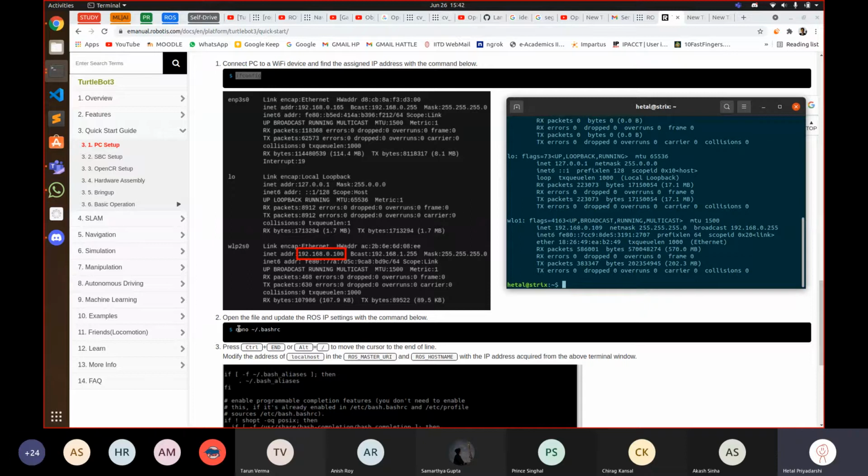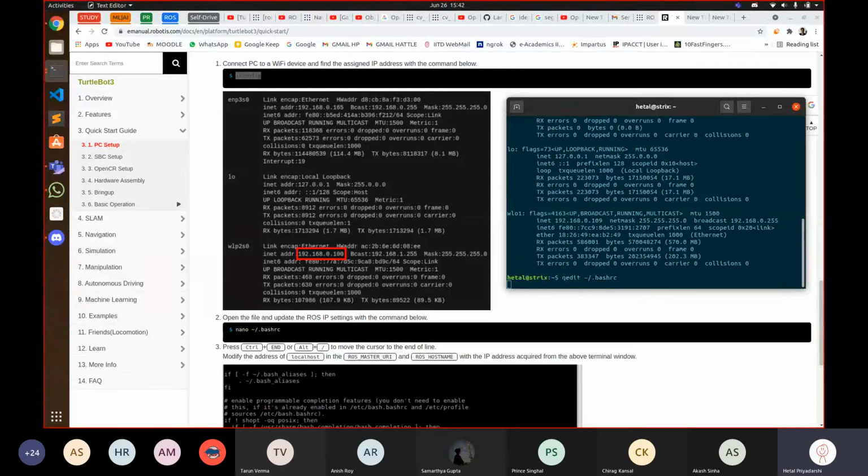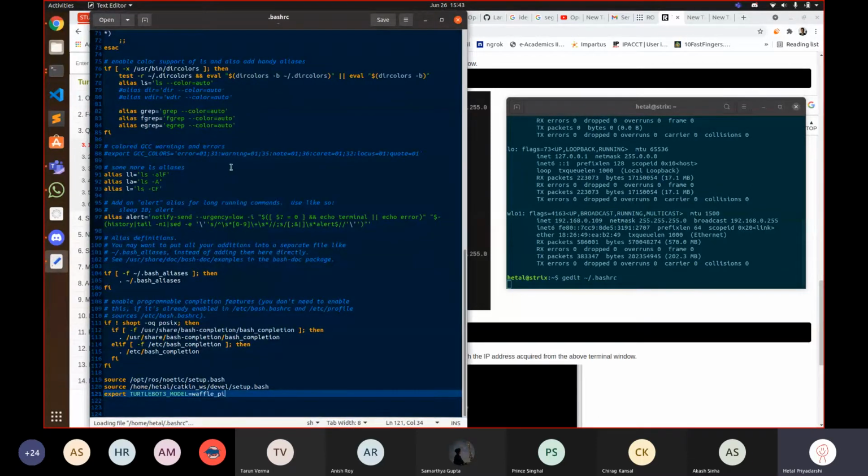You can either use the nano editor or the gedit editor. I think gedit is installed by default in all Linux distributions, but you have to separately install nano. So we'll go with gedit .bashrc, or you can do this in case you're not in the home directory. This will open the bashrc in gedit.